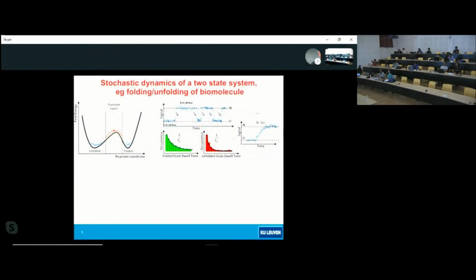Okay, so perhaps I should accelerate a little bit so that we can reach some end. So I was saying about this two-state system and the transition paths, okay, this part of the transition. And here what you see, I hope you can see my cursor now. You can see here that these transition paths are not really a step. They have a finite duration.